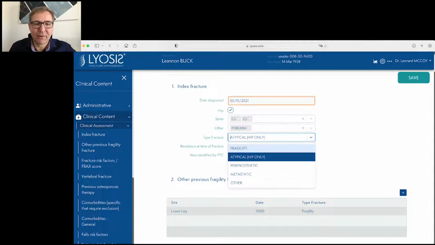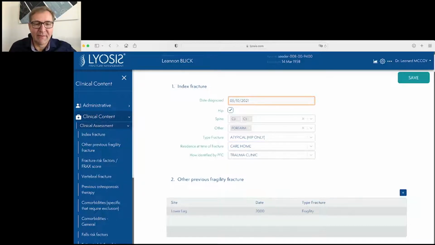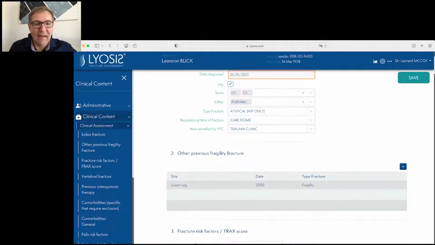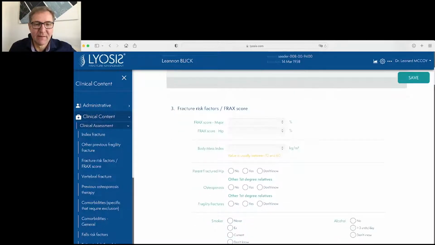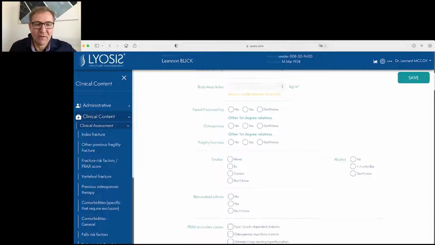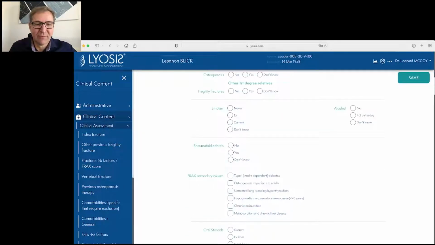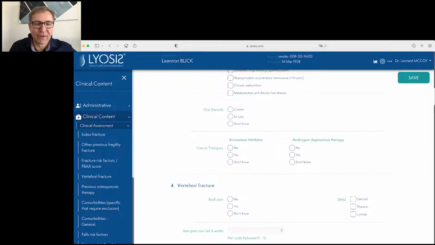Type of fracture, for example, residence of fracture, and how identified. And you can find previous fragility fractures here in the database. You can enter the FRAX score into the database, some information about parents, osteoporosis, smoker, arthritis, FRAX secondary causes, and a lot of other information like vertebral fractures,